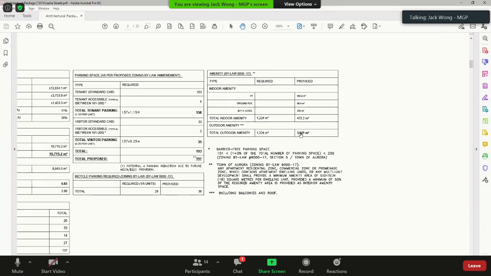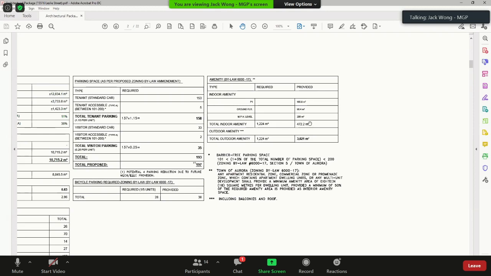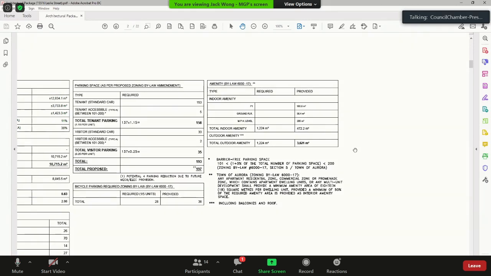We are providing a total of 3,621 square meters of outdoor amenity, and we are short on the indoor amenity requirement based on the zoning at this point by 472 square meters. Councillor? So it was 2,400 square meters of indoor-outdoor space, the requirement, I guess 50-50, 1,224 and 1,224.